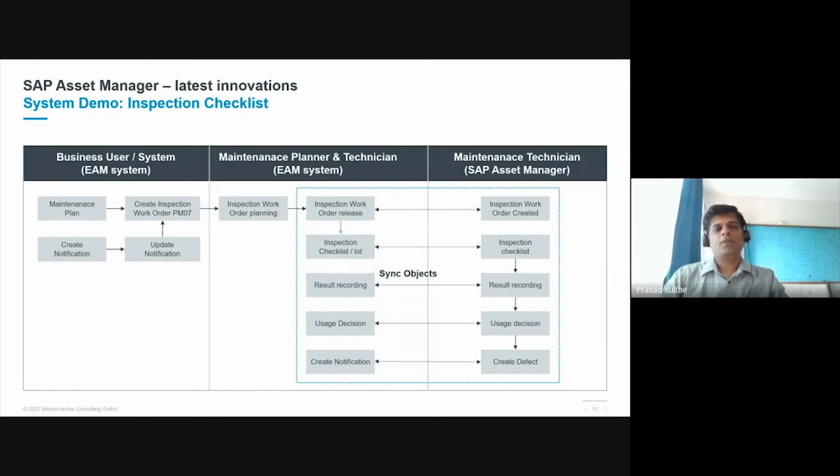Yep, sure. Thank you. So for today's demonstration, we are going to see this inspection checklist process in detail. So how it looks in your backend system, and where SAP Asset Manager helps us to manage that process from the mobile side. So the typical process always starts with the creation of this new work order. This work order can be created from your maintenance plan, or it can be created manually from the notification. So it's a new order type which we can define and configure in the backend,